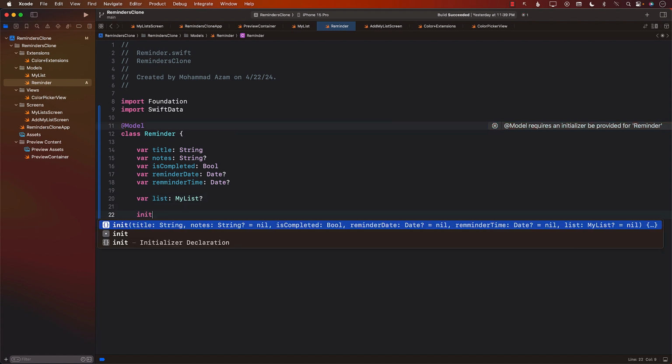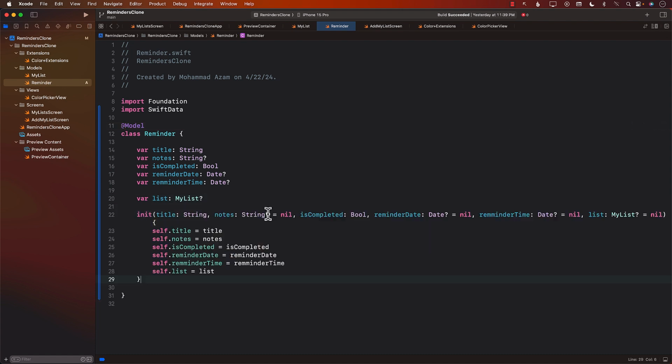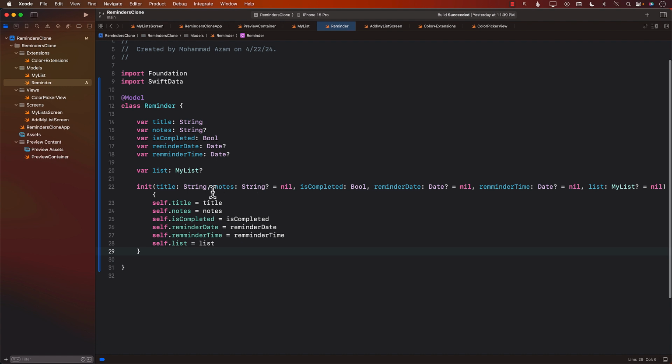Next, we will need to create some sort of an initializer. So there's our initializer. It takes in a string title, notes with default value nil, is completed. So everything else looks pretty good. We have all of these things over here. Now, reminder is fine, and reminder does have this relationship belongs-to going back to the my list. But if you go to the my list,